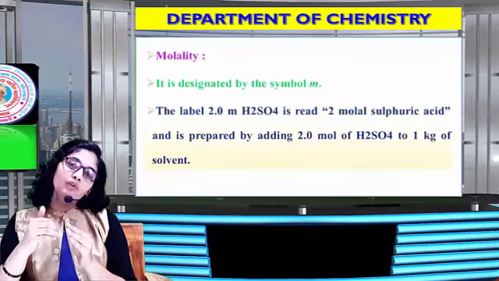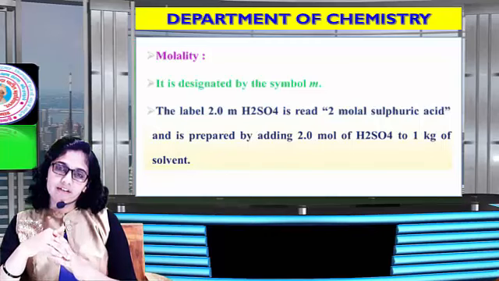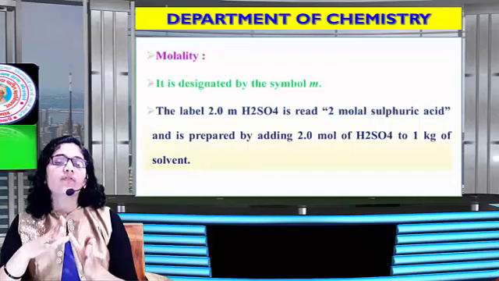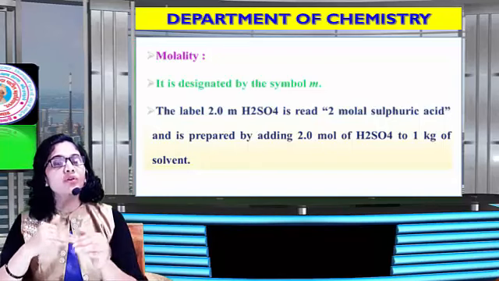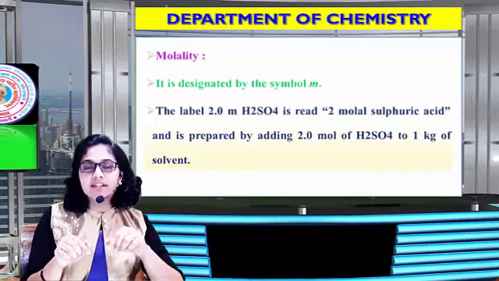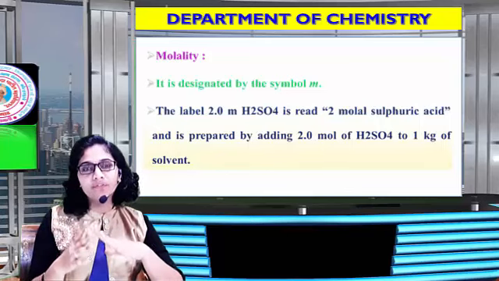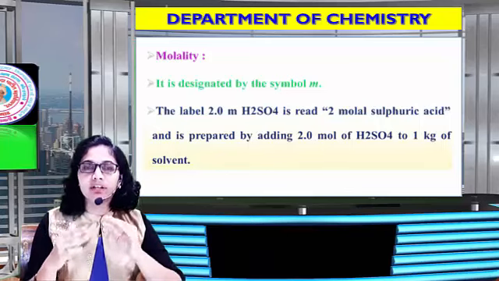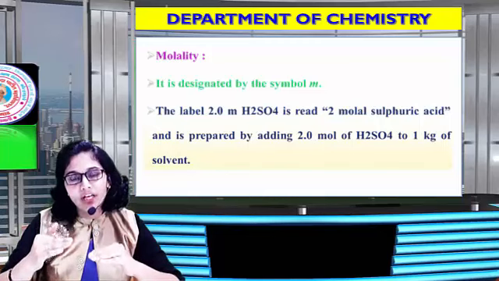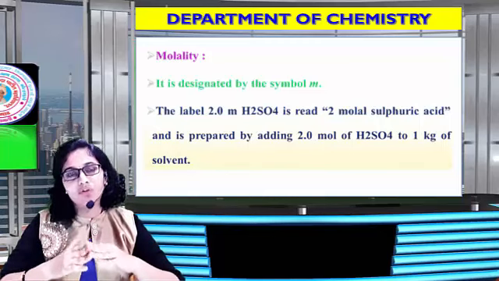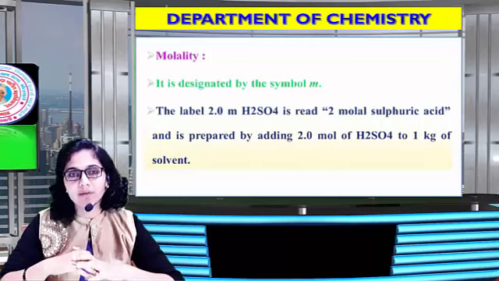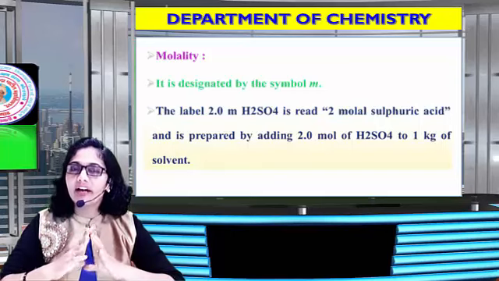If we add 2 moles of H2SO4 into the volumetric flask, whatever weight displays on the balance is the weight of the 2 molar H2SO4. Now we want to prepare a 1 kilogram solution, meaning the balance shows 1 kg. Till that point we need to add water. In this case we will not look at the mark on the volumetric flask, but at the weight displayed on the balance. Till 1 kilogram we will add water.